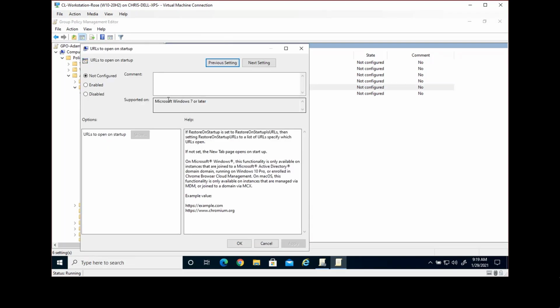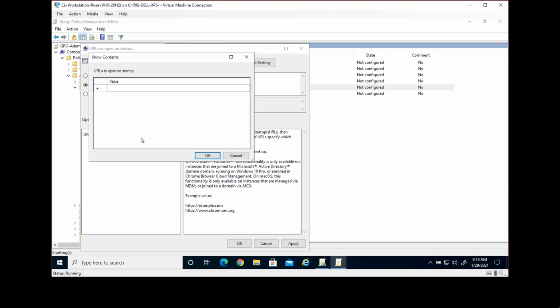So I'm going to do URLs to open on startup because I get this one a lot. Chrome will open, I don't even know what the max is, but a pretty big amount of URLs. So we'll throw a few in here. Let's see if I can spell this right. A Squared Dozen.com, which if you haven't been there, it's awesome. We'll throw in